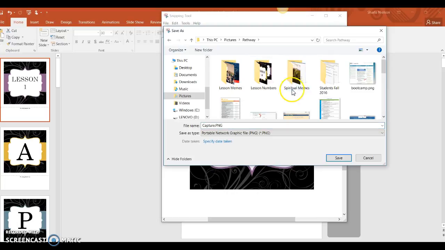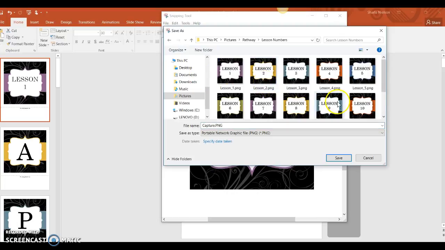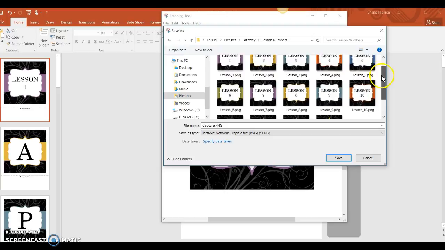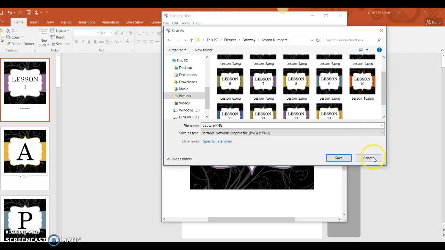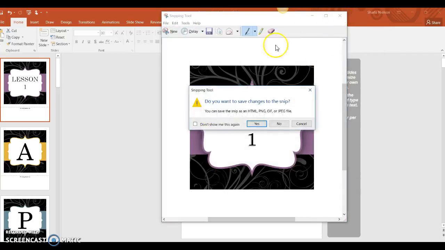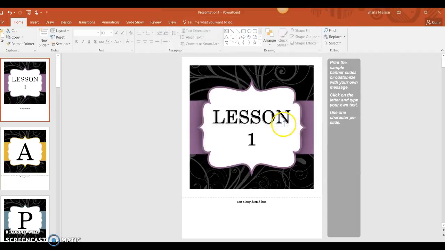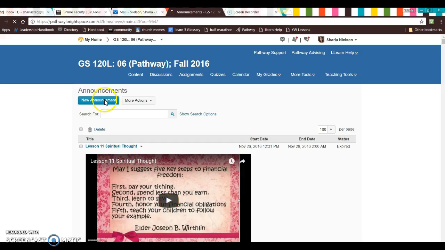I have a pathway folder with lesson numbers, so here's what they all looked like when I got done. So I'm not actually going to save it because I already have one, but that's how I created the banner. So then I saved it as a picture. So then when I make my announcement,